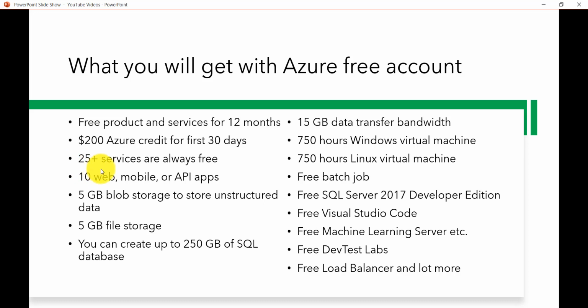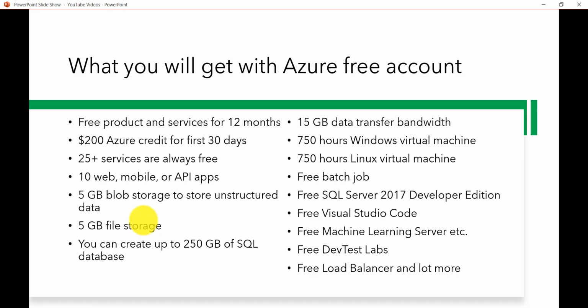Apart from that, there will be 25 plus services which are always free. You will get 10 web, mobile, or API apps, 5 GB blob storage where you can store unstructured data, 5 GB file storage. You can have 250 GB of SQL database.